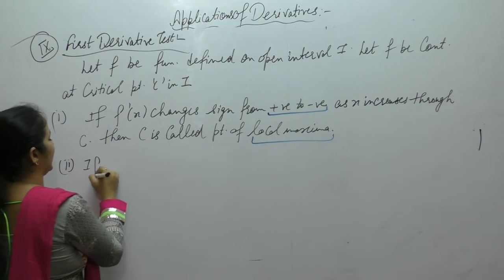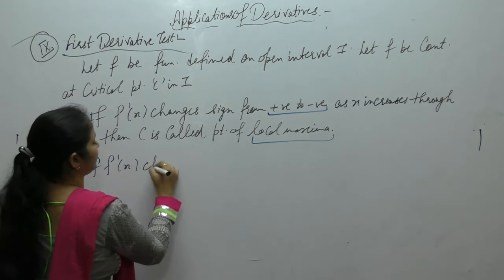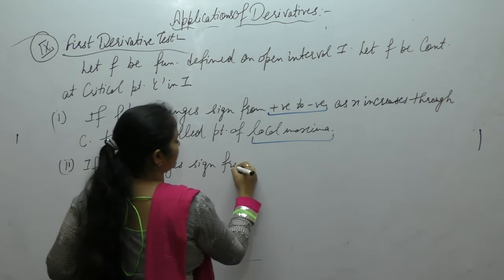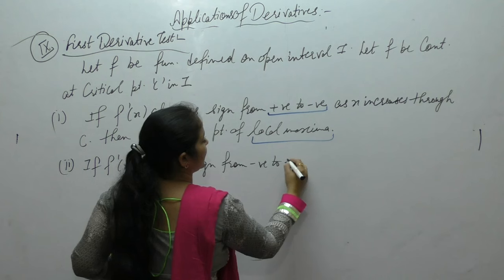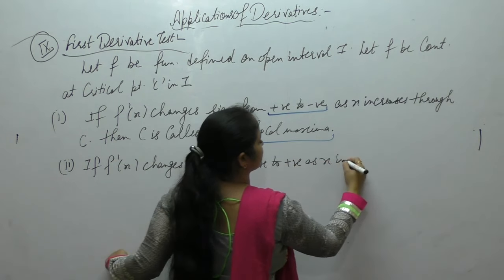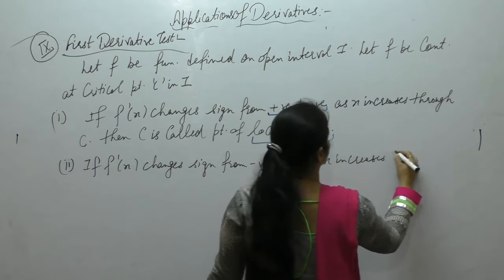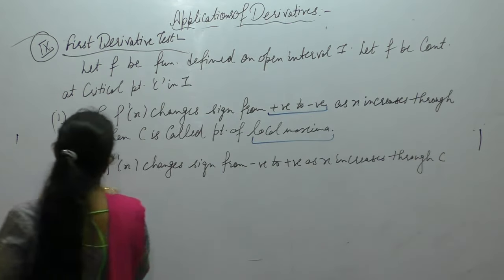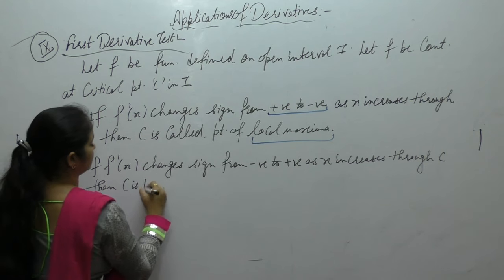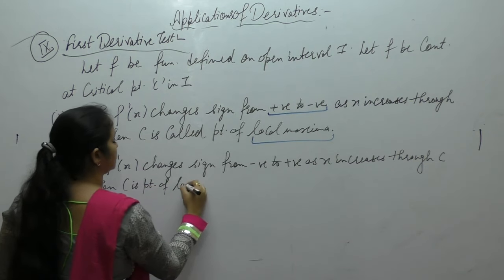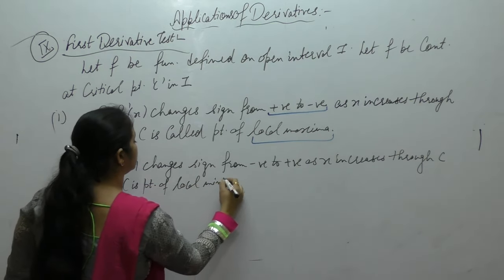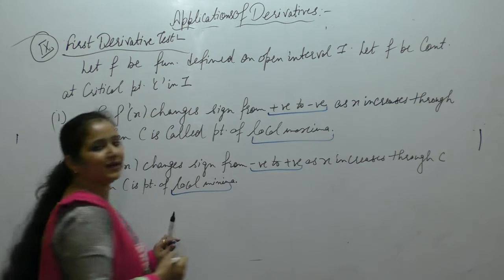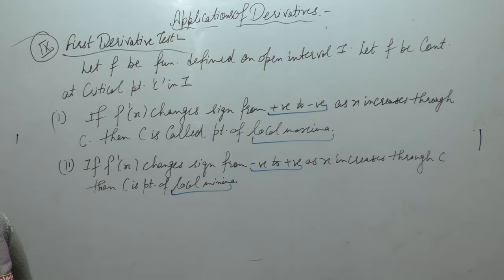Second case क्या हो गया? If f dash x changes sign from negative to positive as x increases through C, then C is point of local minima. Then C is point of local minima when negative to positive. If f